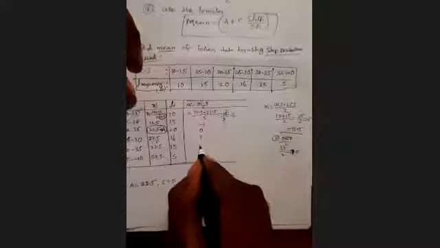After 1, you will get 2. After 2, you will get 3. I told you yesterday, this is the logic. If you solve also, you will get the same values. So without solving, we can write. Why? Because for every two xi values, you have the same difference, 5, 5, 5, 5, 5. So you will get minus 2, minus 1, 0, 1, 2, 3.